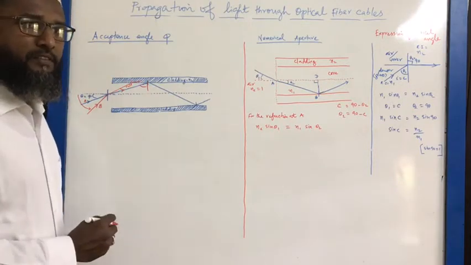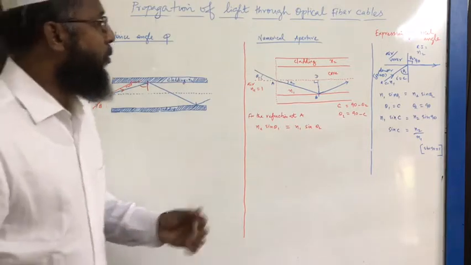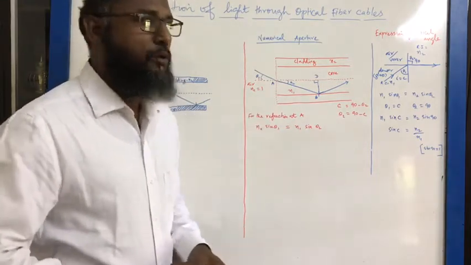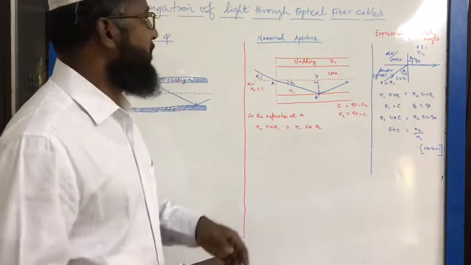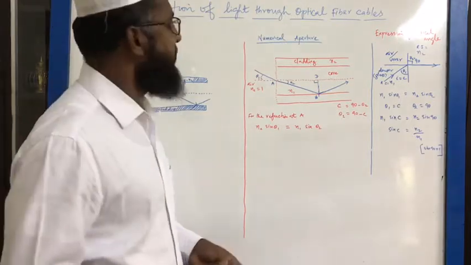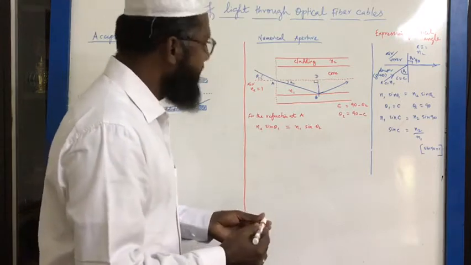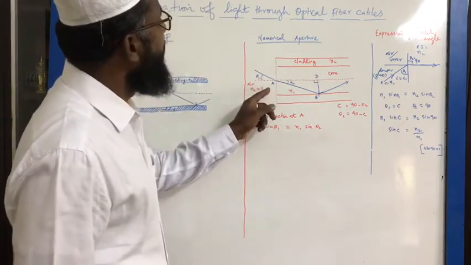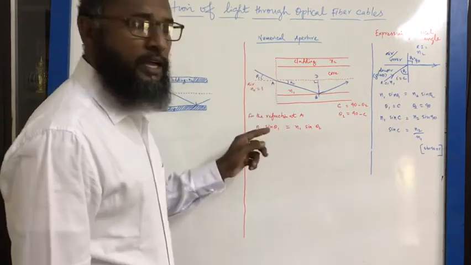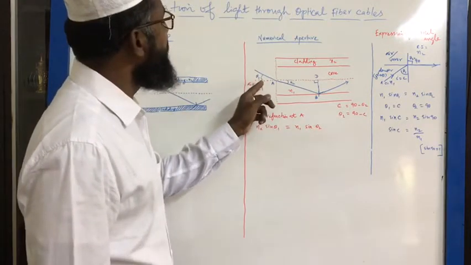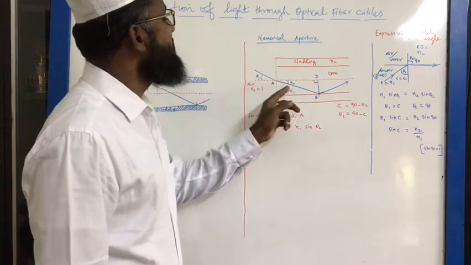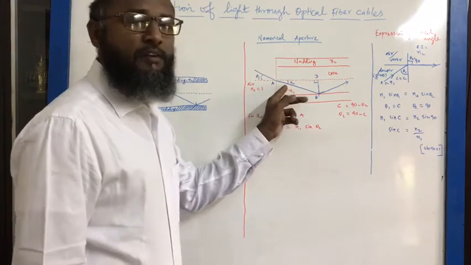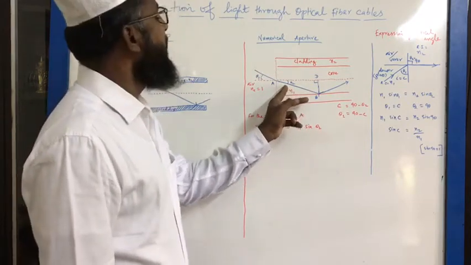Now in the next part of the lecture we will understand what is numerical aperture, and how it is important while propagating the light ray through the fiber. You can see the diagram. The ray enters with an angle of theta 1 with the fiber axis,